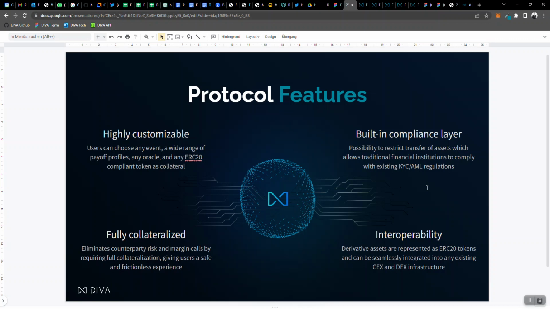Another feature is that DIVA protocol has a built-in compliance layer. So users that create derivative products have the possibility to restrict the transfer of these assets, and with that allow traditional financial institutions to comply with existing KYC and AML regulations.